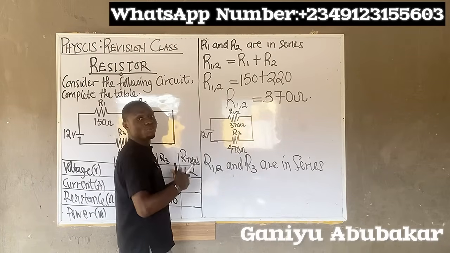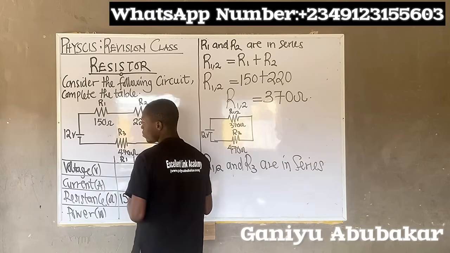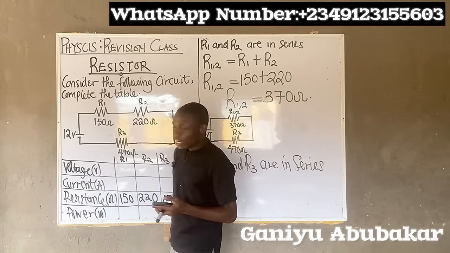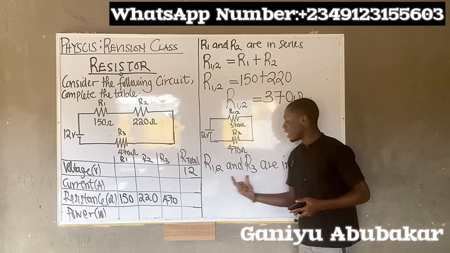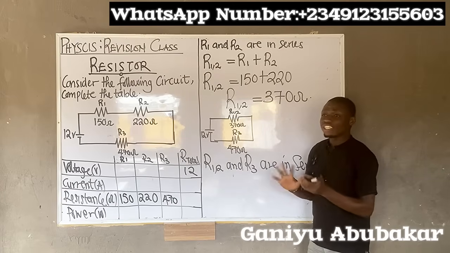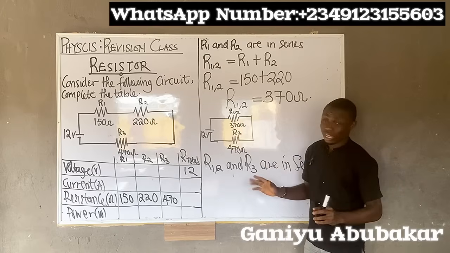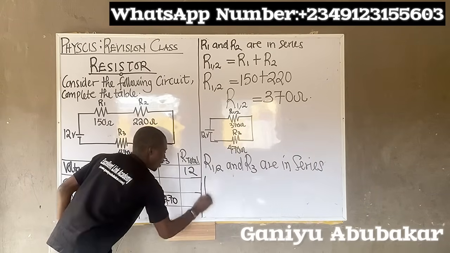So that becomes my R total. If I combine R12 and R3 together, there is no other resistor in this circuit, so my R total, or R equivalent if you want,